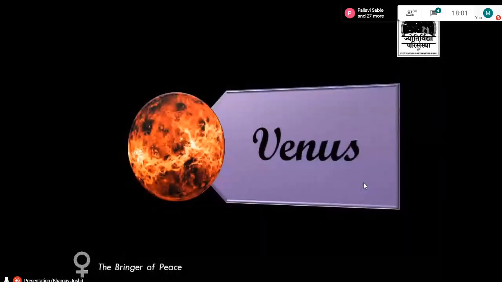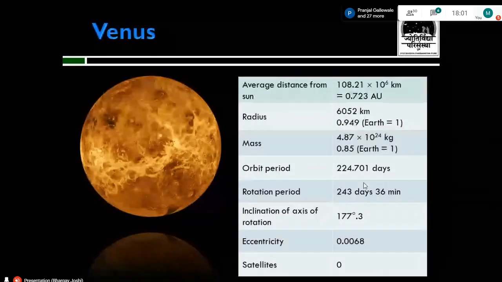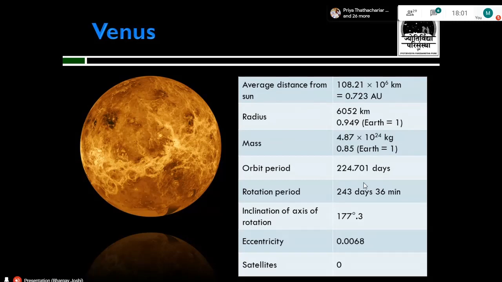So yeah, the next planet is Venus. Venus is named after the goddess of love, an ancient Roman goddess. Now, recently, a very interesting phenomenon has come up about Venus in Nature Astronomy. There's a journal called Nature, in the section of astronomy. We'll take a look into that later. But before that, let's look at the parameters. Again, you can see the orbital period and the rotation period. Again, there is an interesting phenomenon which you can see.